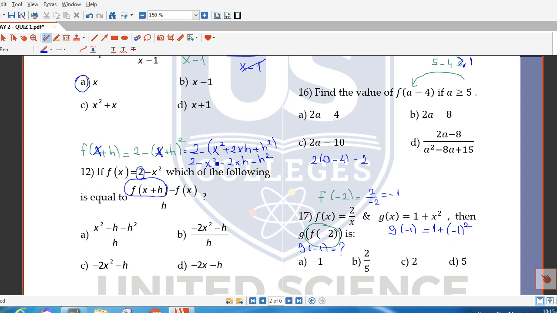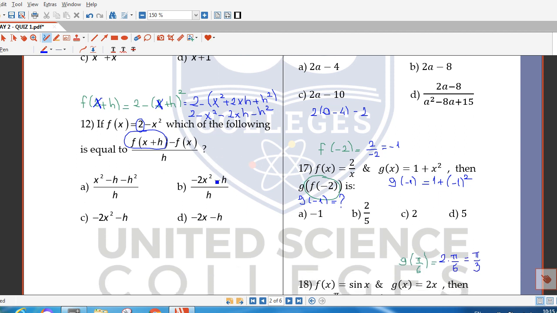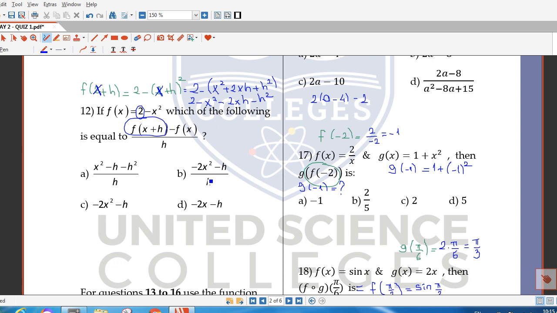There is nothing to do, so you may keep your expression like this. Let me use this free place. So f of x plus h, which is found, 2 minus x to the power of 2 minus 2xh minus